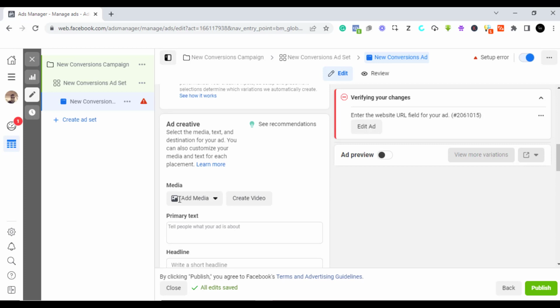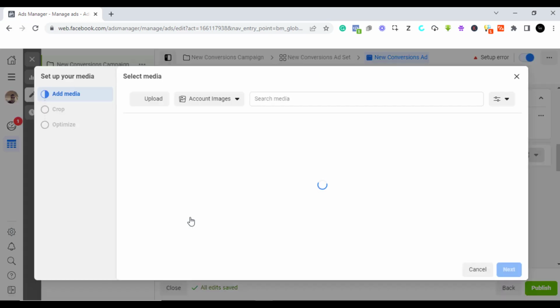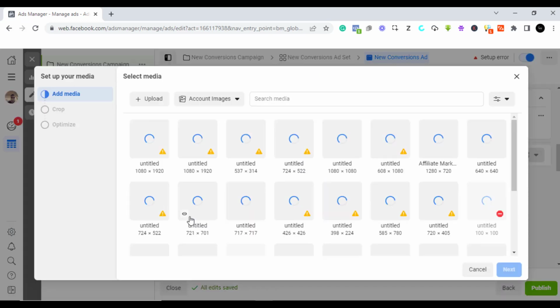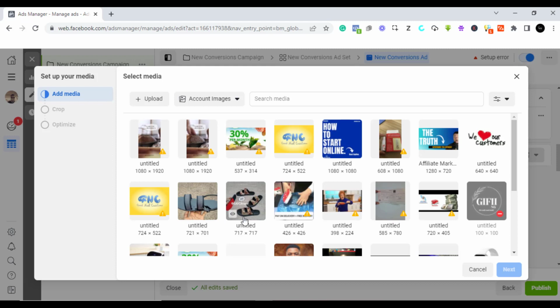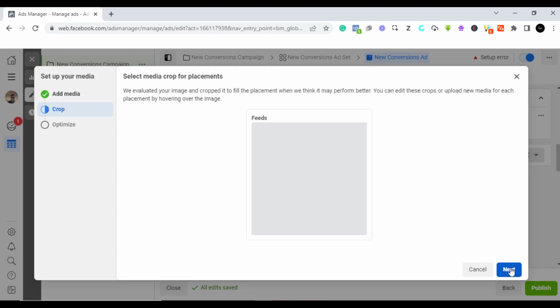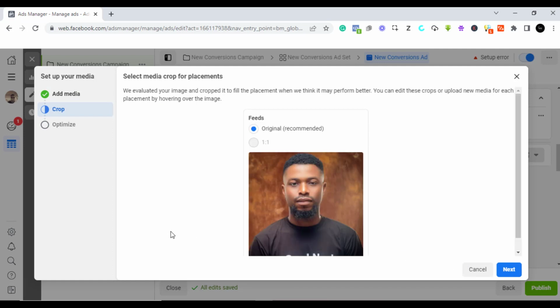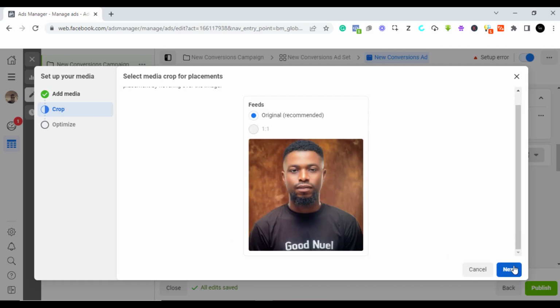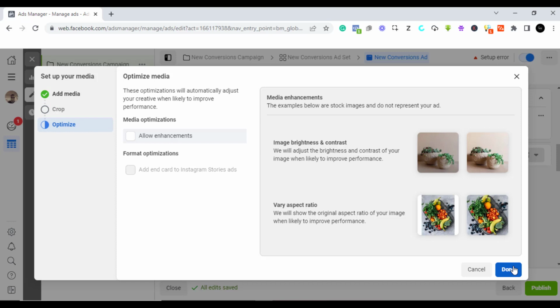So you can select the media you want to use. So let me just use an image for this video, and then I'm just going to select this one. I like to select this one because I want you to be seeing my face so you don't forget me. So we use this one. You can use whatever you want, don't use my picture. All right, so let's